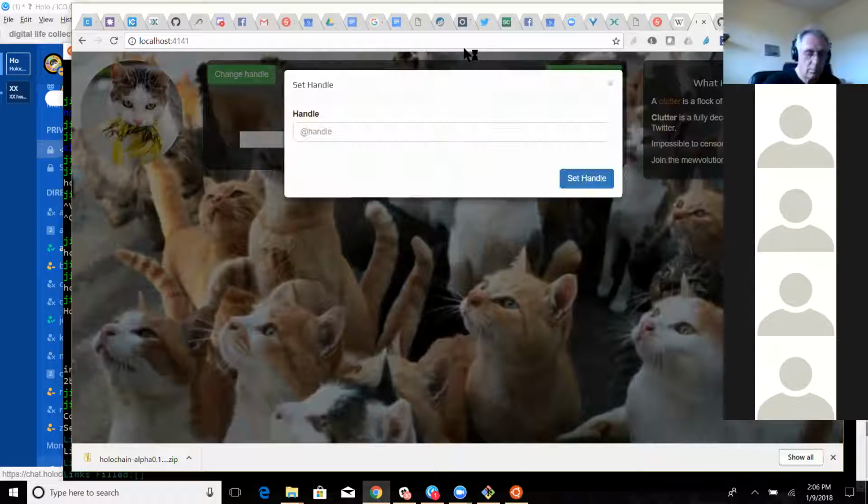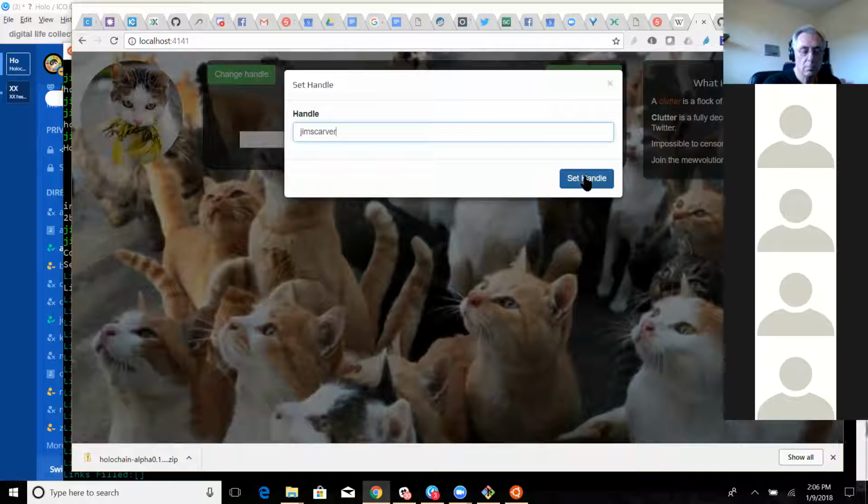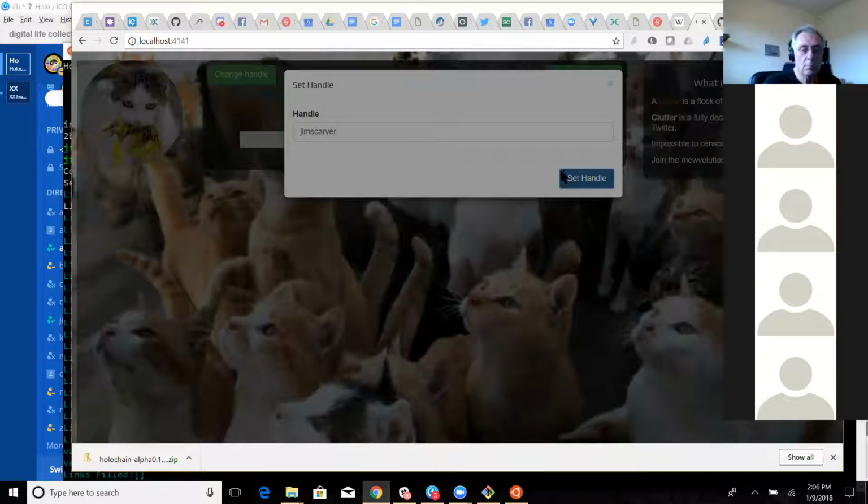So I set whatever handle I want here. Yep. So do we type the @ sign? No, you don't need to. It's just that if you want your handle to have an @ sign in it, then you put an @ sign.